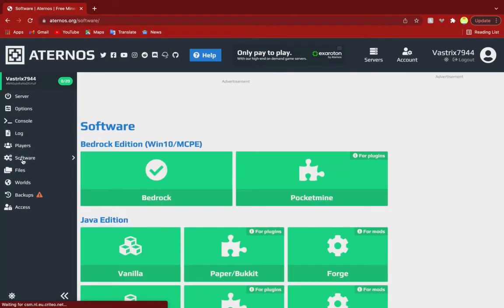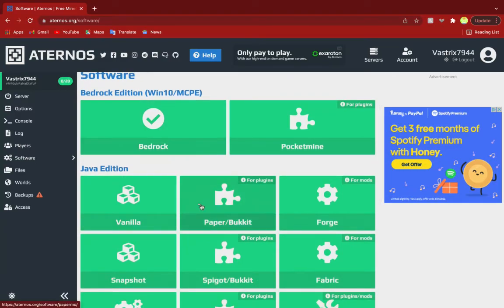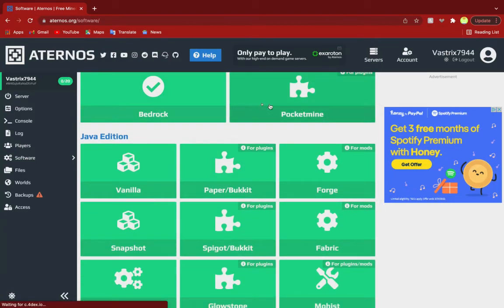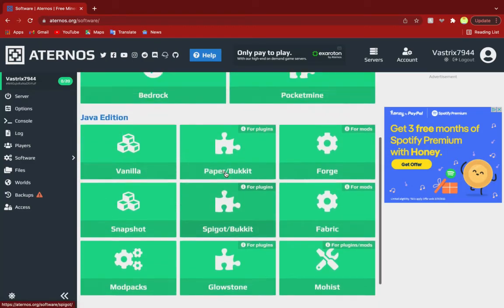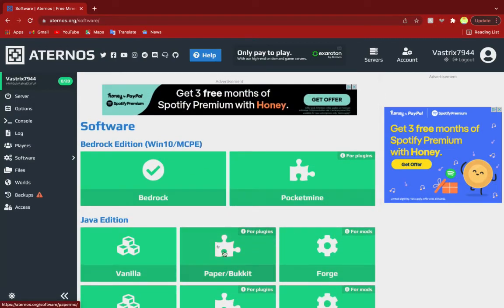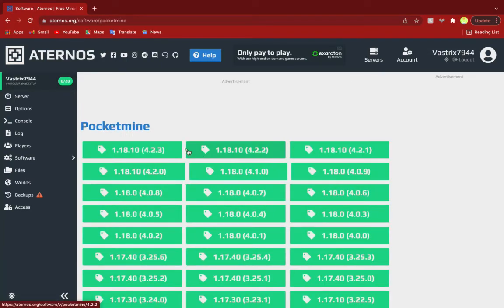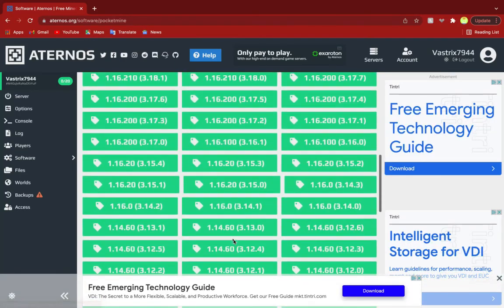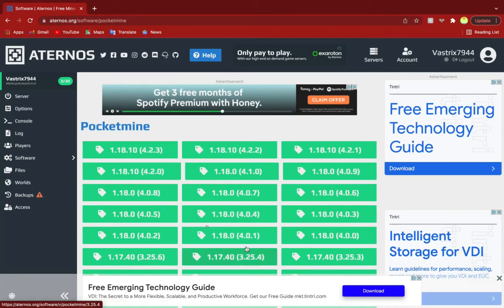And you can go to your software, and you can see, look how there's a lot of mods. I mean, in Java Edition you can see Vanilla, Paper/Bukkit, Forge, Snapshot. There's modpacks. There's so many different types of mods in Java Edition, but in Bedrock Edition you only got Pocketmine, and you can change it. You can change the snapshots. So yeah, that's